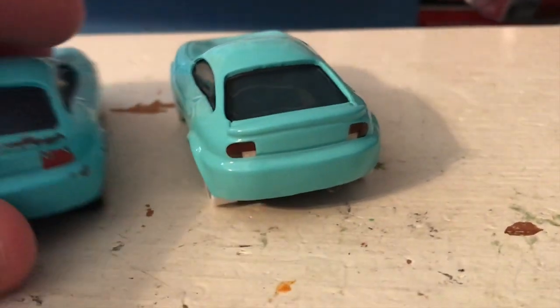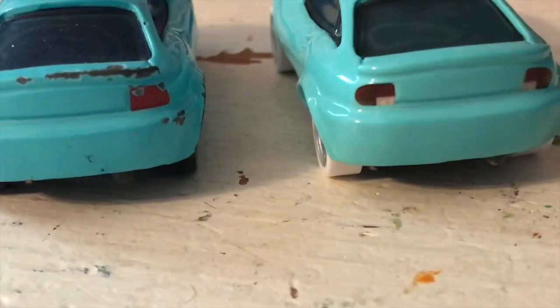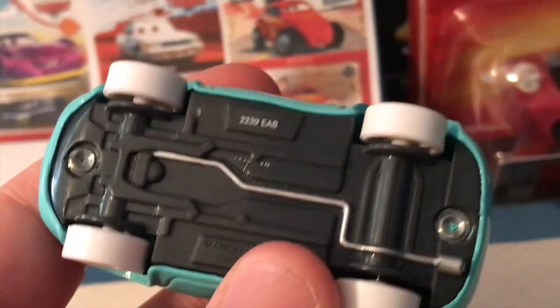Thailand has fixed so many cars with Thailand variants, but Kori, nope. When she was released in 2021, same old Kori. You've got her lights there on the back, which have a bit of an interesting, different paint scheme than on the original. It's funny how this is more detailed on the back, but the front is less detailed. There is a look at the other side, and then finally...